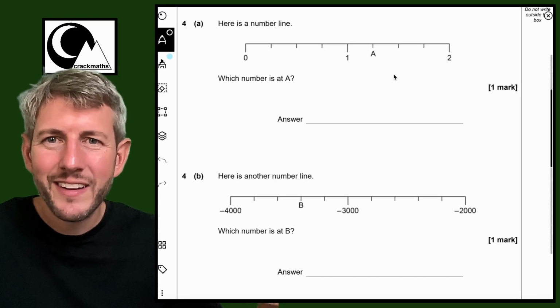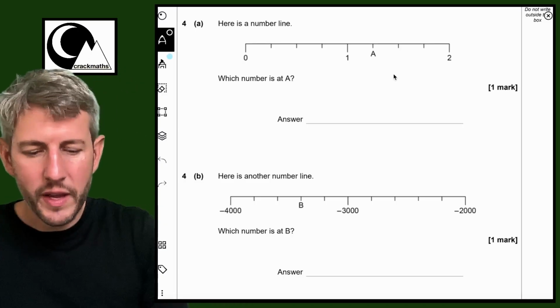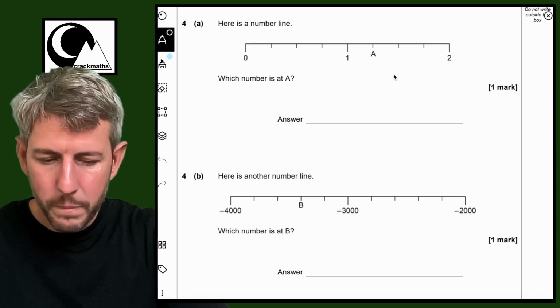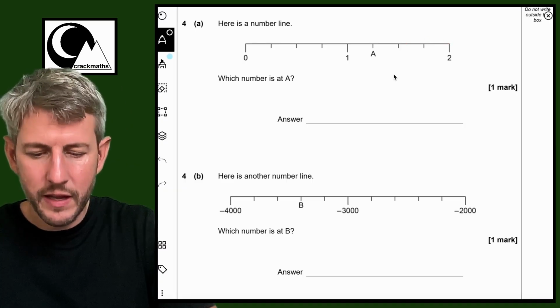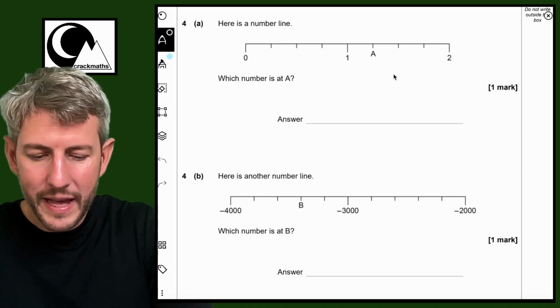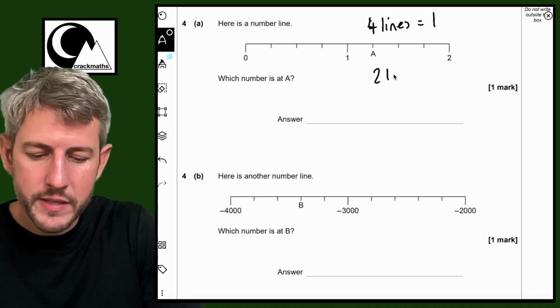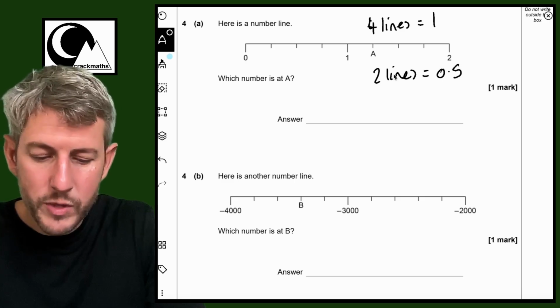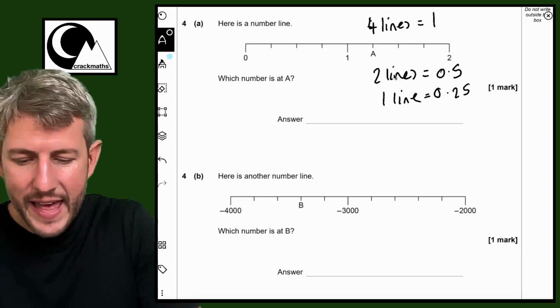Question 4a. Here is a number line. Which number is A? Right, okay, so we have got 1, 2, 3, 4 lines that make up 1. So 4 lines equals 1. So 2 lines will equal 0.5, which means that 1 line equals 0.25. So this line here, A, is going to be at